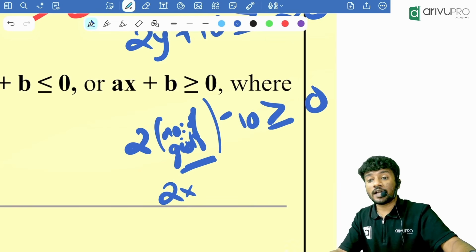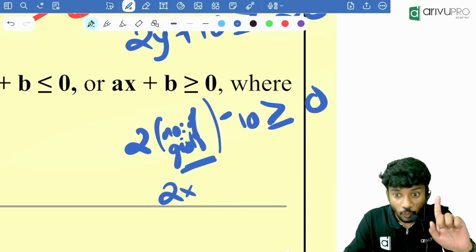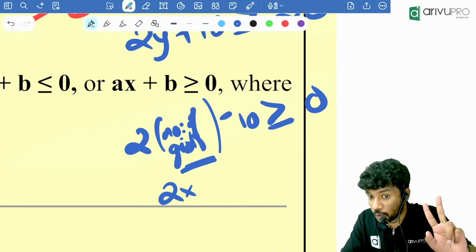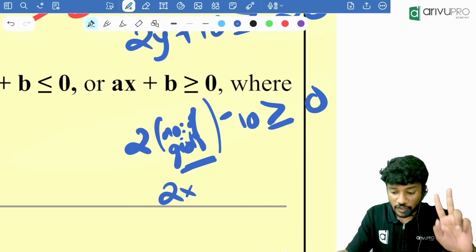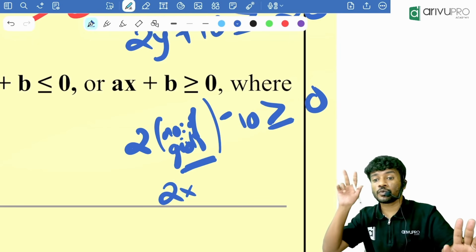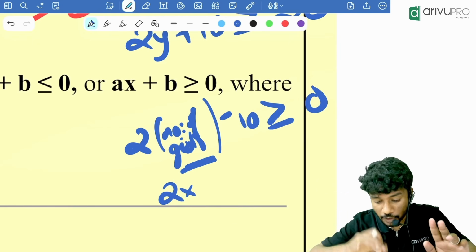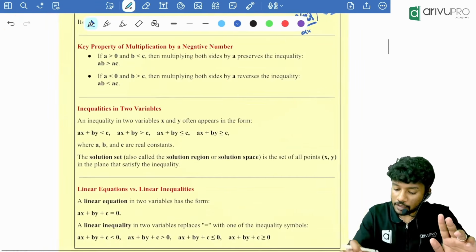Variable. Okay, one variable means what? One unknown. Two variables means what? Two unknowns. We are more concerned about what? Two unknowns rather than one unknown. Keep it in your mind. Okay, then